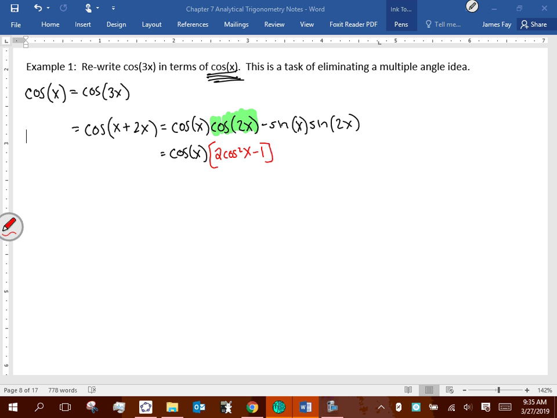You have a choice of any of the three, and based off the directions in this problem, and ultimately when we get to the equations, having in the back of my mind that I want, as much as I possibly can, to have all the same trig functions, I'm going to try to use the 2 cosine squared x here, minus 1. Okay? Is it okay with everybody? Then it's going to be minus